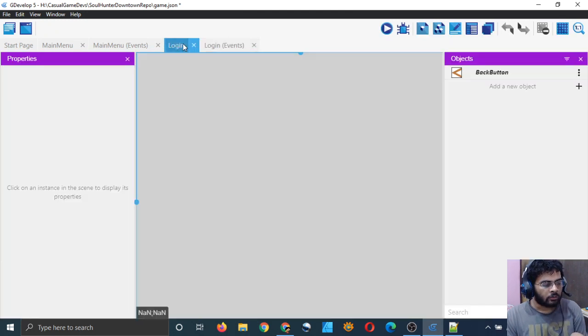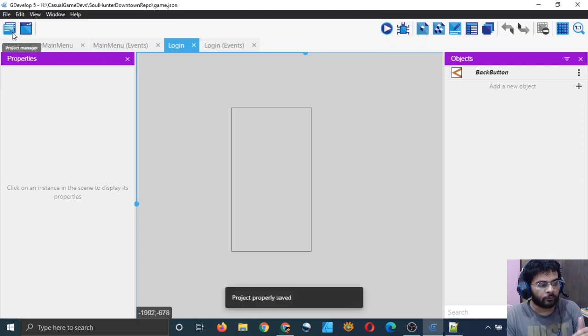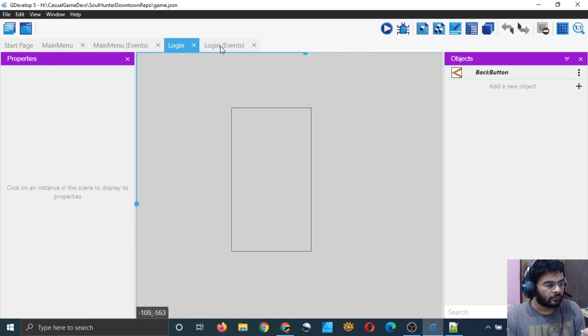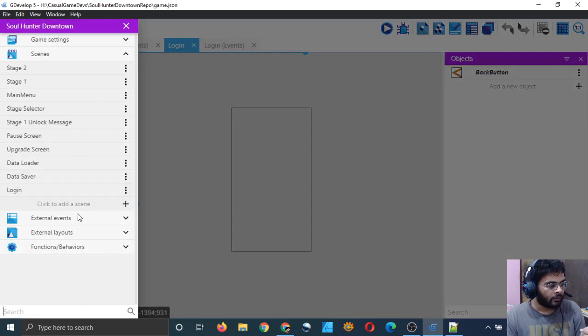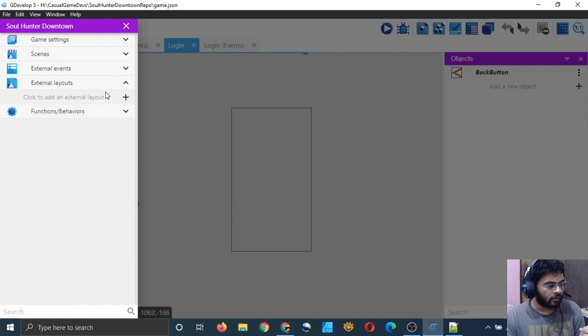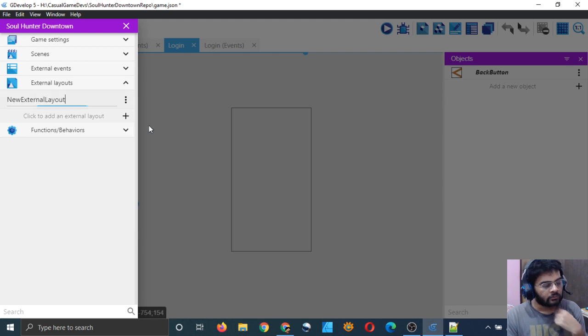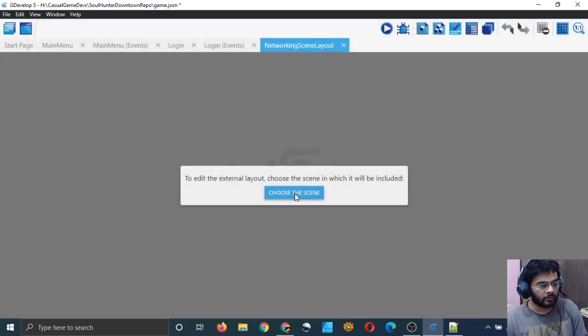And I will go here, go in this scene, and basically I think we will need a layout, and that same layout can be used for several other scenes, right? So let's make a new layout. I guess that can be useful for these scenes, right? So I will make a new external layout. We don't have any, so it can be good practice to make one. I will call it networking scene layout. I mean this layout is for all the scenes that are using networking capabilities. I hope it will be useful.